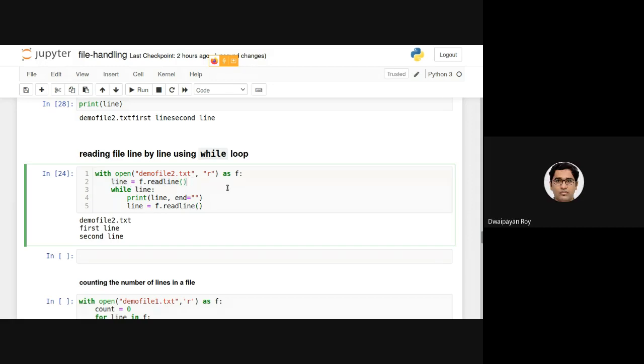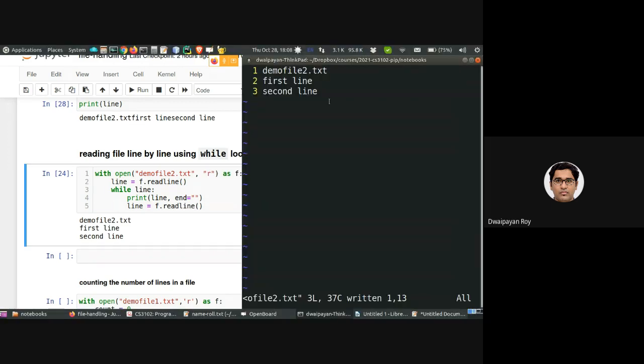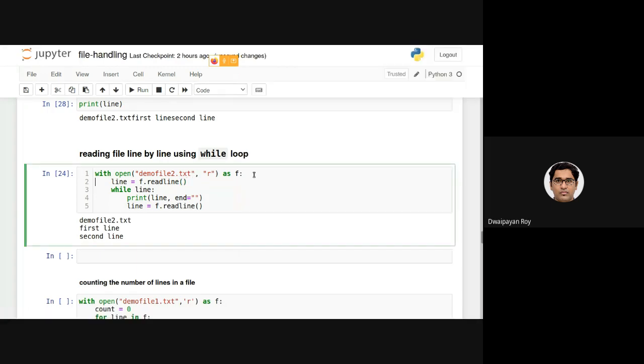Okay. So let's look at the file once again. This is the old file, demo file2.txt. Here, let's go through this code line by line. The first line is opening the file in read mode.